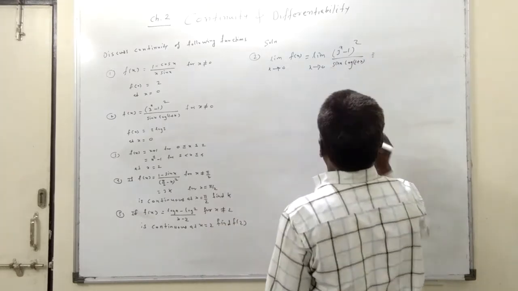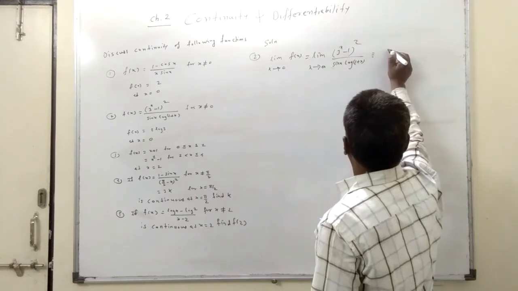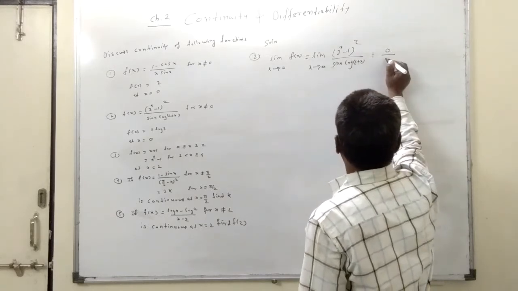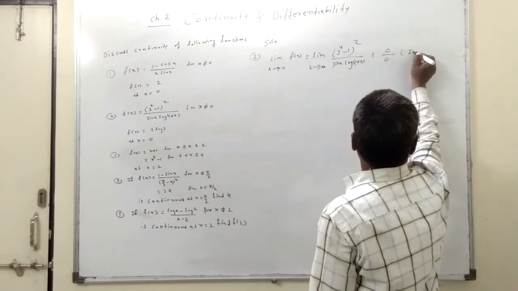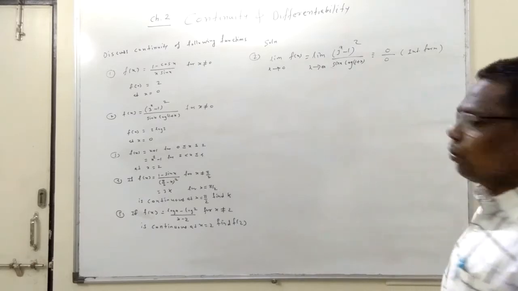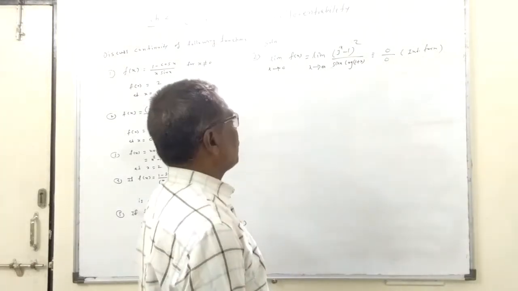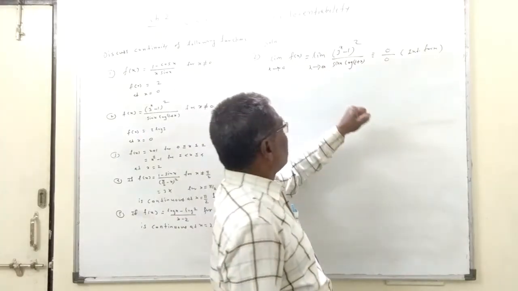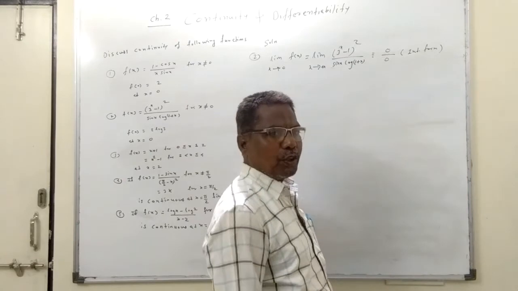Now by the direct method, observe the form. If we put 0 here, 3 raised to 0 is 1, 1 minus 1 is 0, sin 0 is 0, log 1 plus 0, log 1 is also 0, so 0 upon 0 indeterminate form. So by putting x equal to 0, we check the form. Now if we observe the function, here there is an exponential function, a trigonometric function and a logarithmic function.